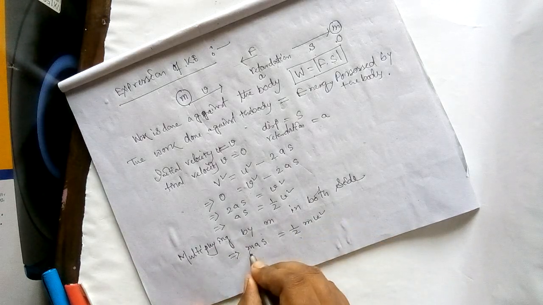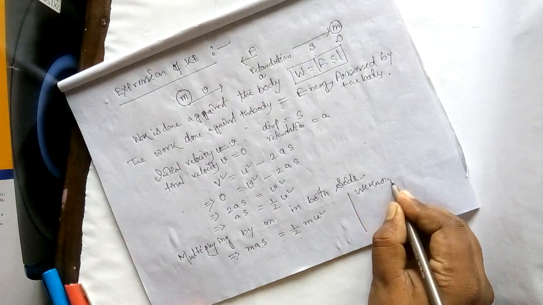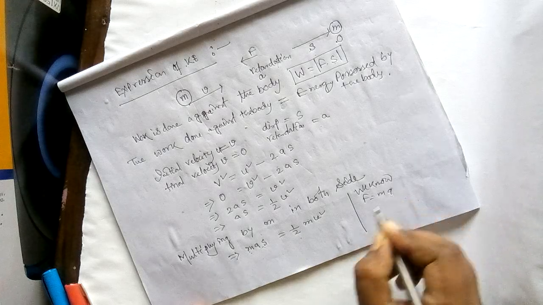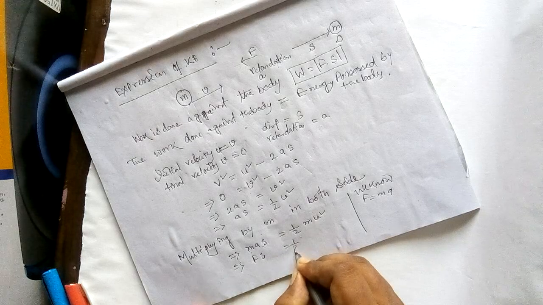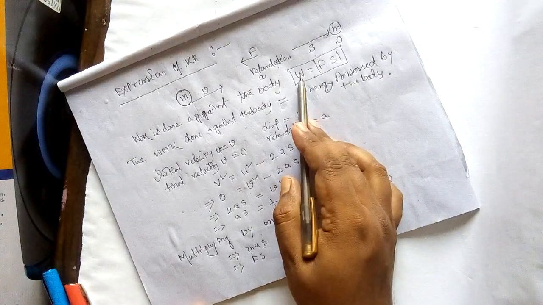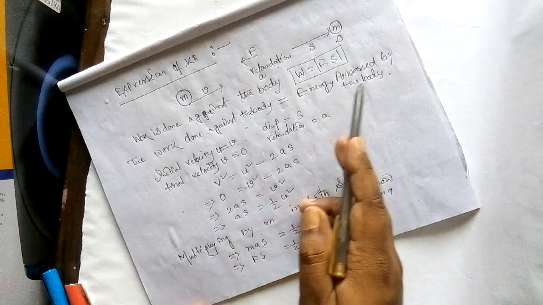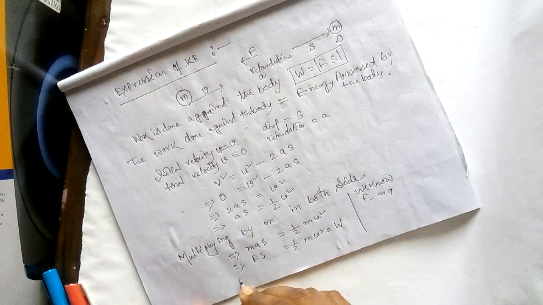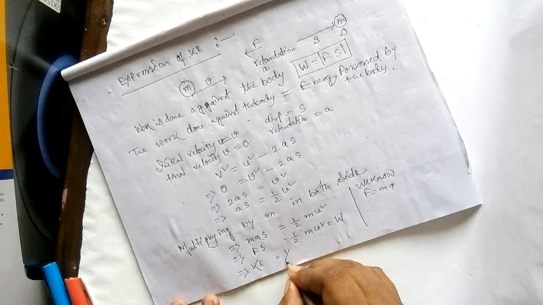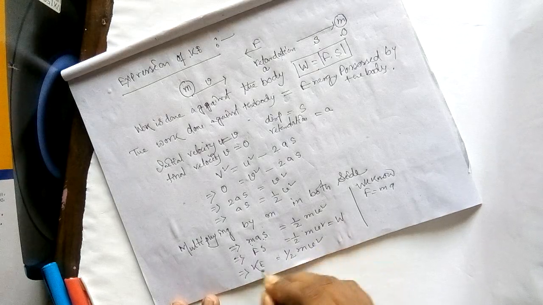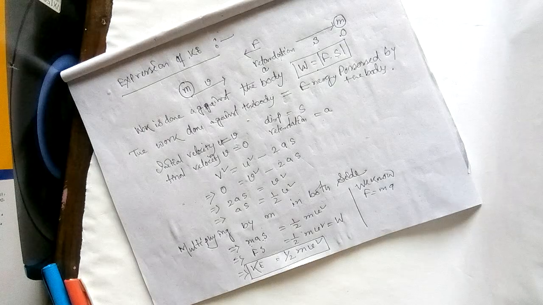m into a, what is it? We know F equals m into a, force. So instead of m into a, we can write Fs equals half mv squared. Fs is the work done, and we know the work done on the body should be the energy. So it will be the kinetic energy. So the kinetic energy of a body is half mv squared. That is the equation of kinetic energy.